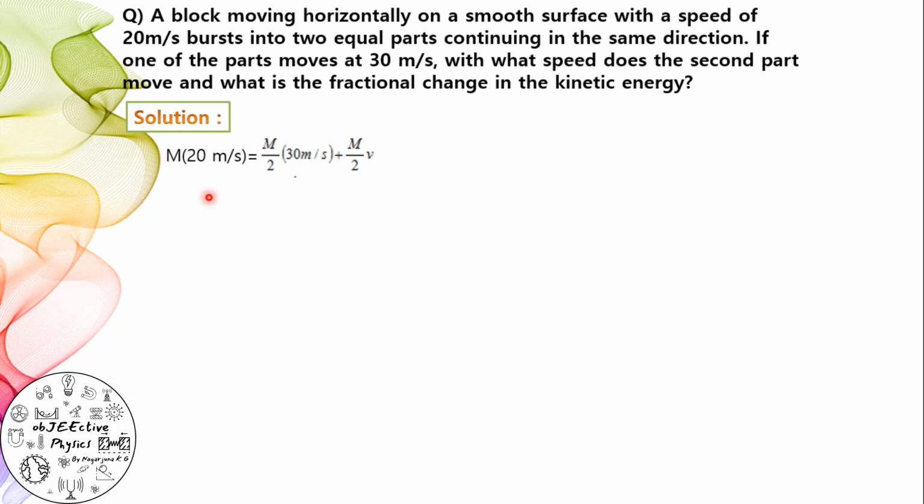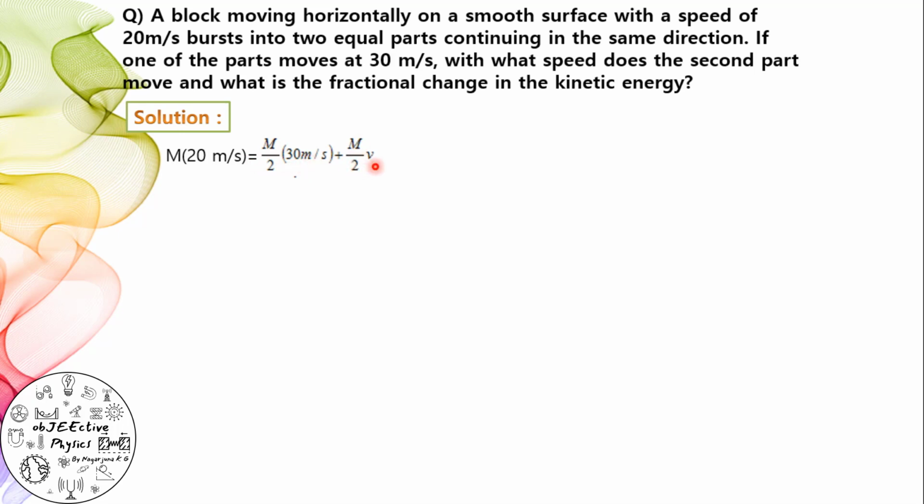Let us first assume that before burst into two equal parts, total momentum is equal to capital M into 20 meter per second. After burst into two equal parts, total momentum is equal to capital M by 2 into 30 meter per second